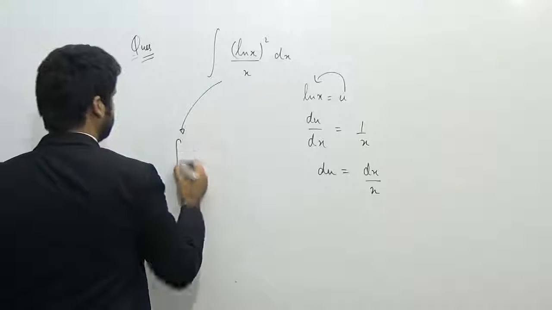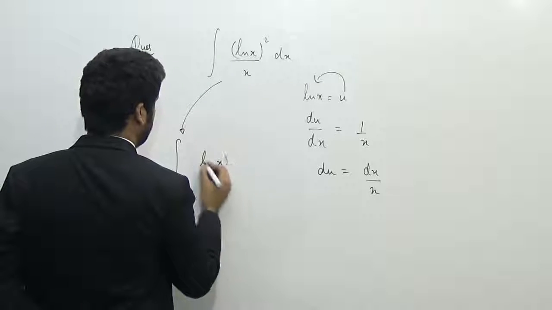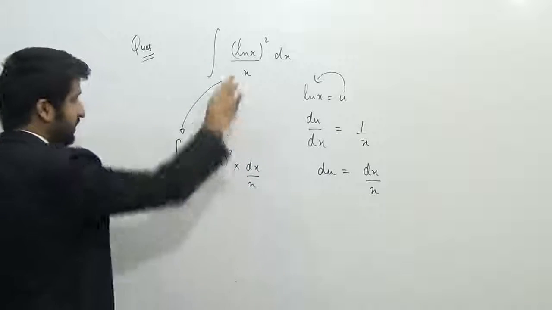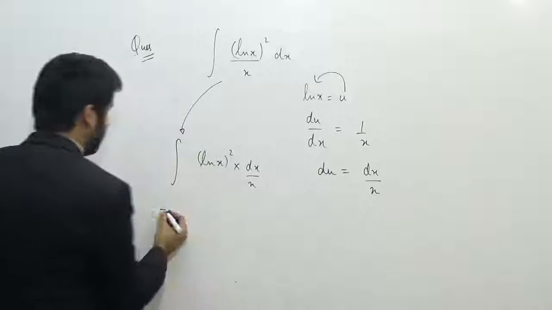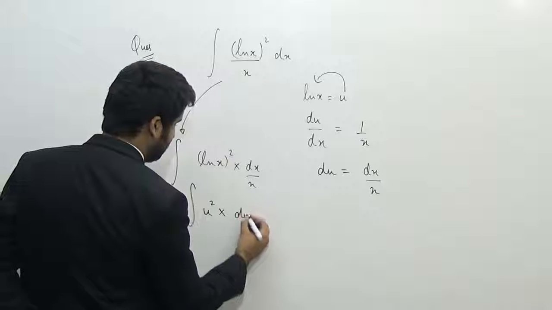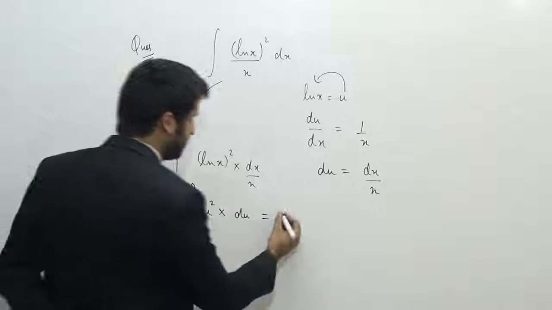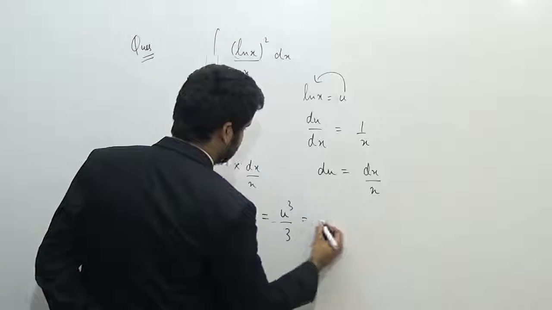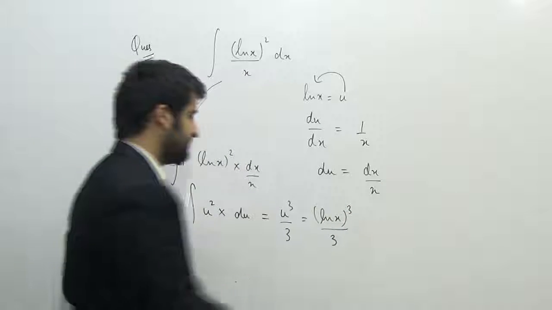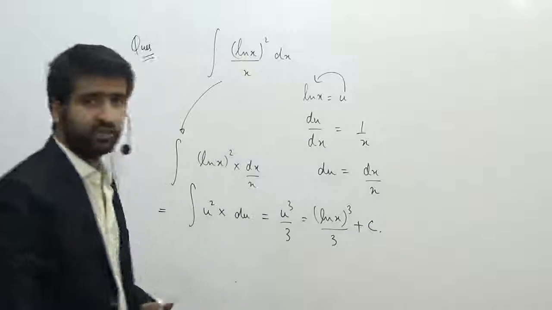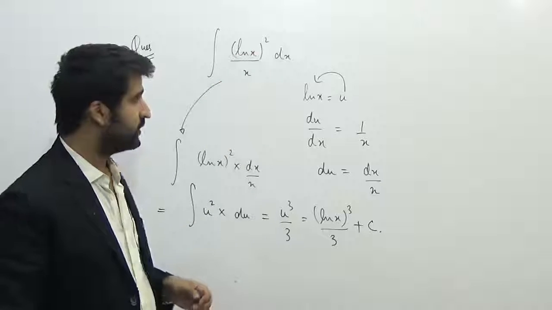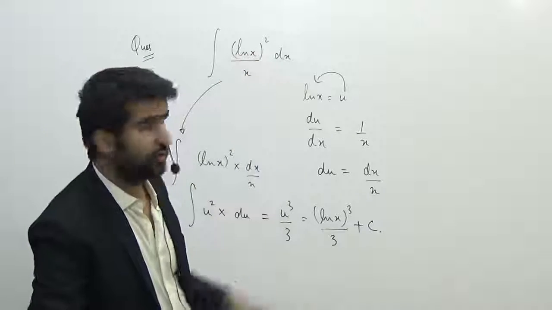So this will become (ln x) whole square into dx upon x, right? I've just separated it like this. Now ln x is equal to u, so this is u square multiplied by du. So the integration of u square du is equal to u cube upon 3. So this will become (ln x) to the power 3 upon 3, right? Plus some constant c. So the integration can be done with the help of substitution by substituting ln x is equal to u. Now we know that if we substitute ln x is equal to u, this dx upon